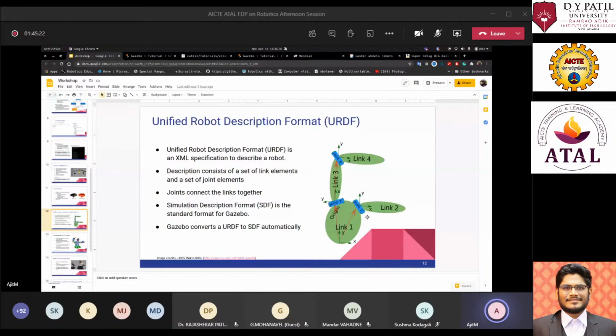So I'll just grab this. So now we have defined the parent link, which is chassis, which we have defined over here. Then we have defined our caster wheel, which is a child link, which we have defined over here. And now we need to define where this joint is.